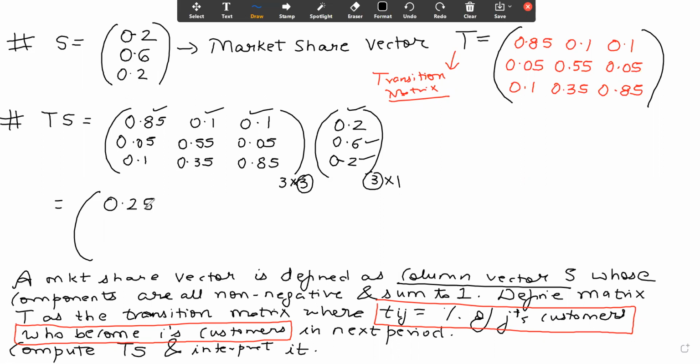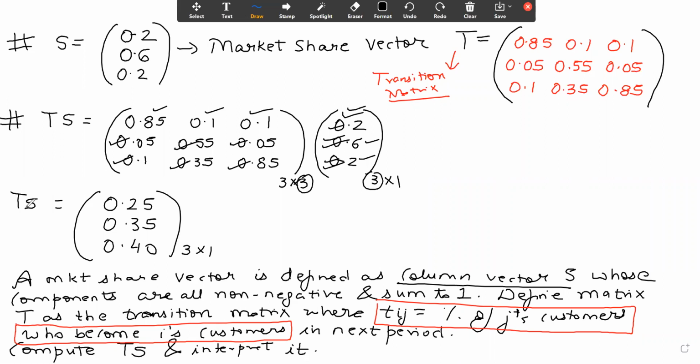We get 0.25. This into this plus this into this plus this into this, 0.35. This into this plus this into this plus this into this, 0.40. You can see clearly it's a 3 cross 1 matrix. Now, what is it telling us? It is telling us what the new market share is. What is the new market share? So you can clearly see